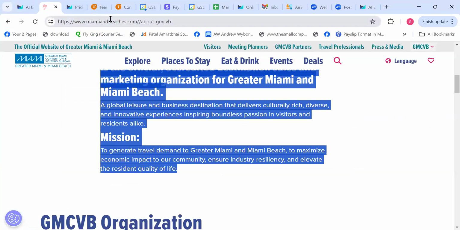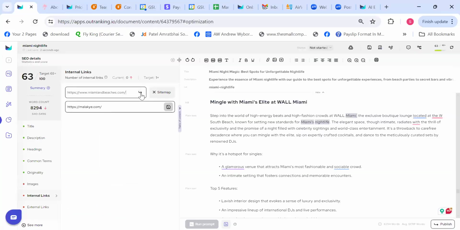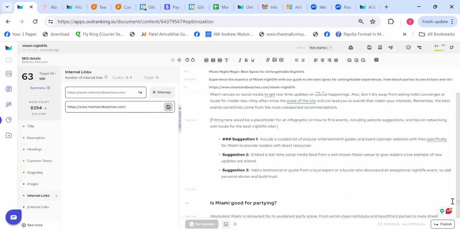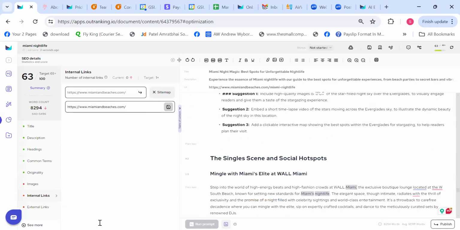Moving on to internal links, you can add your sitemap and it will give you all the suggestions. Let me try and do it. I don't have the sitemap, but yeah, it might take the website name as well. No, I will have to add the sitemap. Regardless, it will give you all the links along with the anchor text that you can add in your content. Anyway, it has already given us that in the content brief that we generated. So you can use that information as well.